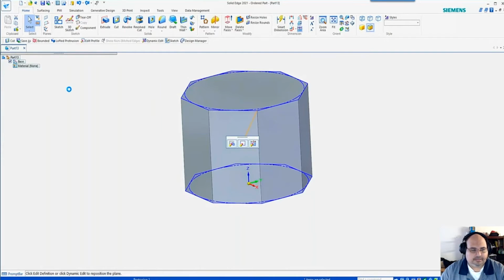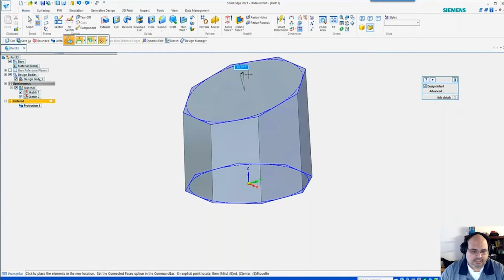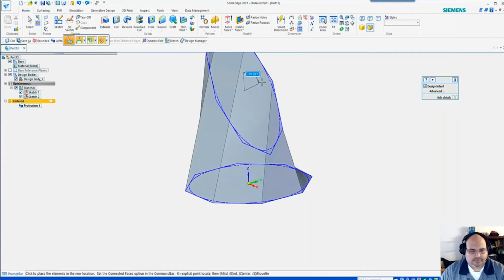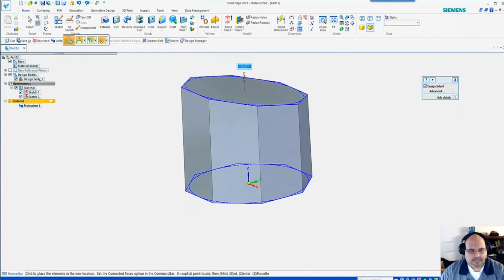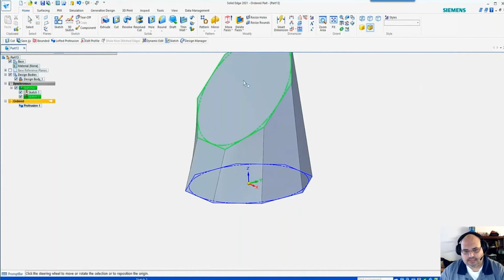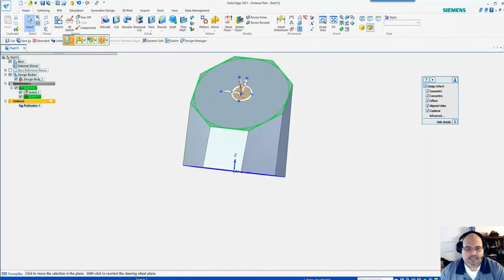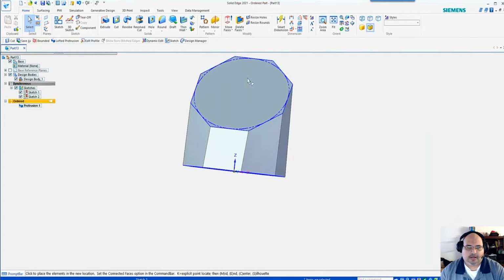So I can twist, I can pull. As long as I have the steering wheel, I can change orientation, so I can change the tilt of the face if need be. And ordered is always going to be there to solve it because it's lofting the two pieces together. It has that command. As long as I don't break it too much, and still come up with a viable solution that ordered can recognize,